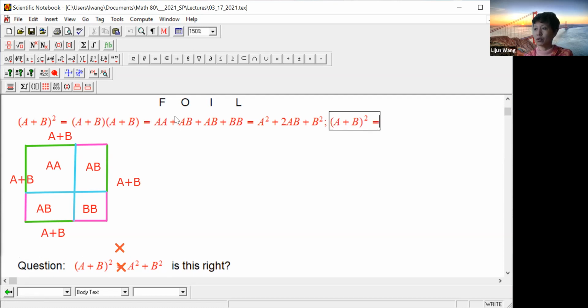And that is equal to a squared plus 2ab plus b squared. We actually see a pattern, don't we? Do we see a pattern? So here's a, and here's b. A squared is a perfect square, and in the middle we have 2 times AB. So if you can identify this,